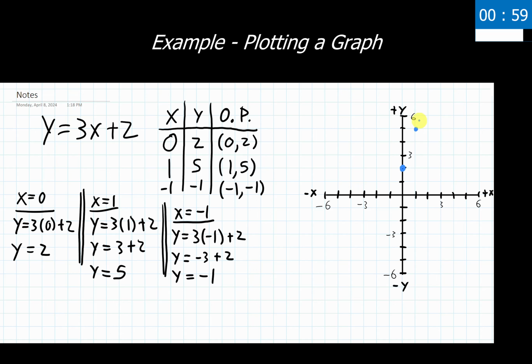And then, technically speaking, I could connect these things together. I'm going to go ahead and graph this last one here as well. I'm going -1, -1. There we go. And now, connecting these things, let's give that another go. Second time's a charm, right? There we go, that's better. And again, if you have a ruler or a straight edge or anything like that, you're welcome to use that to help you actually graph these things.